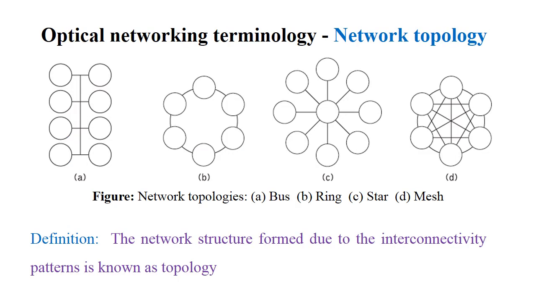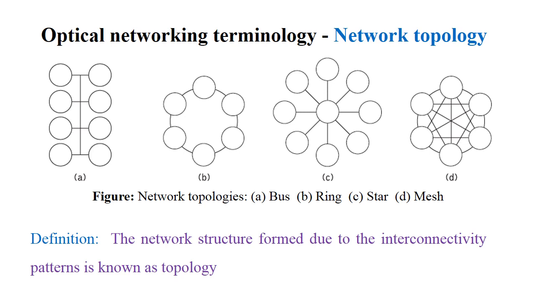The network topology. Now here we can observe the various types of network topology. On what basis are we going to define this topology? Based on the structure of the network or the interconnection of the nodes, we are going to define various types of topologies. Here we can observe four different types of topologies. A stands for the bus topology, B is the ring topology, C is the star topology, D is the mesh topology. So the structure itself says what the type of the topology is.